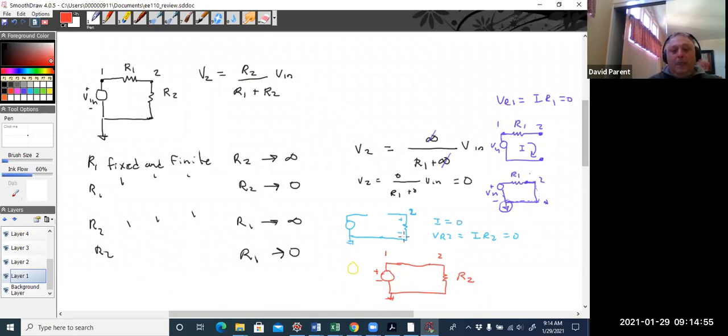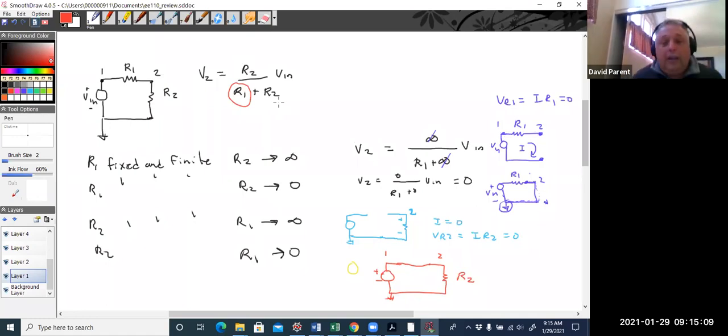And if we come up here, so if R1 is infinity, right, it drives this whole thing to 0. And if R1 is 0, then these would cancel out. So it comes in the equation, and it comes in the intuition. And now what we're going to do